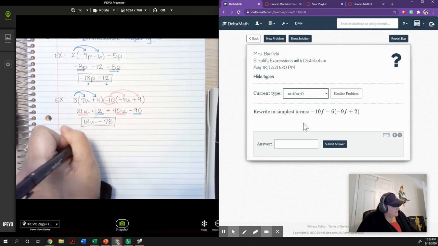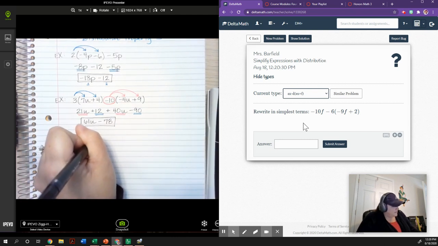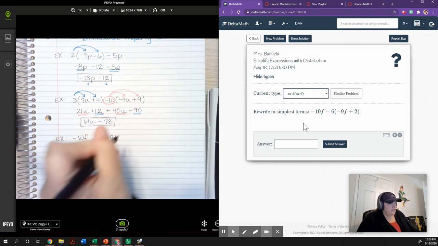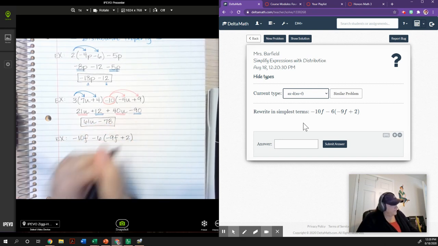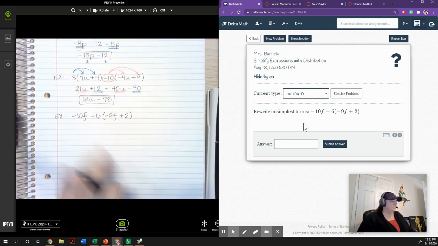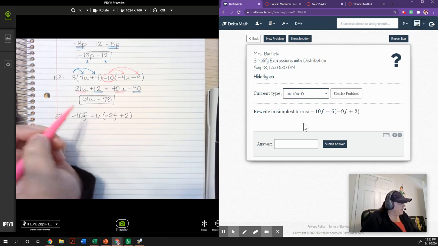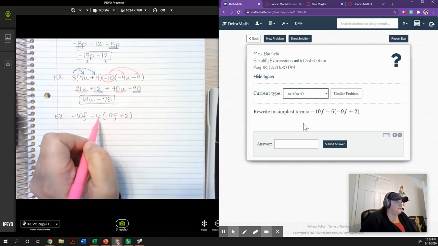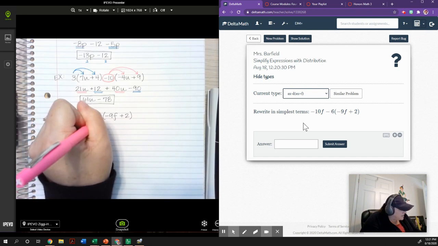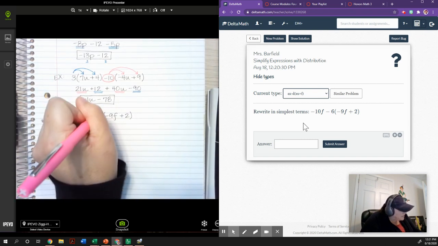So we've got negative 10F minus 6 parentheses negative 9F plus 2. Okay. All right. So another great problem. Now I do have parentheses, which I'm distributing, but the whole point of this video is to practice distributive property. But I need to distribute this 6. Now that 6 has a minus sign in front of it, which means, this is why I said if it helps, circle it